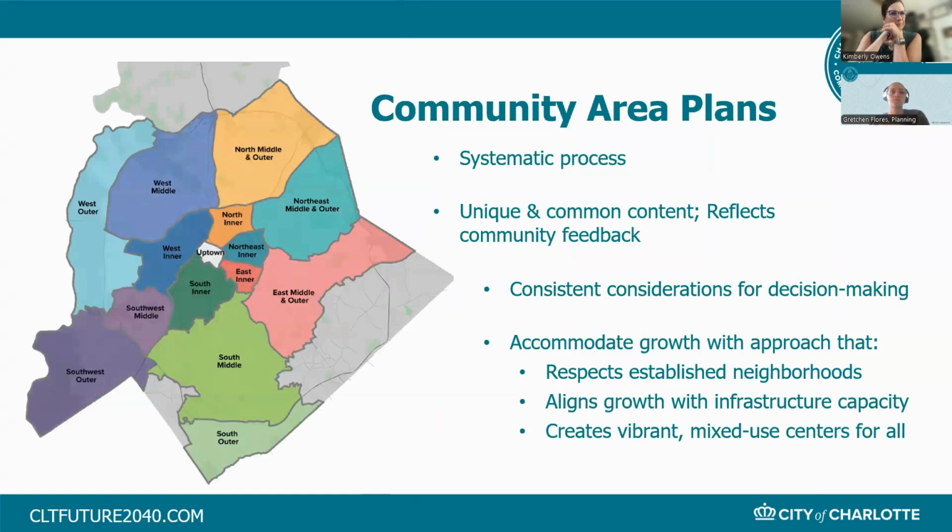So in terms of how the plans were developed, again, we have 14 plans throughout the city, and they were all developed at the same time. They were developed using a systematic approach, which means that they were all developed in the same way and will have some of the same components and format within them to try to make sure that they are equal in that sense, and then equitable in the sense that they point to specific plan geography components, and I'll get into what some of those are.